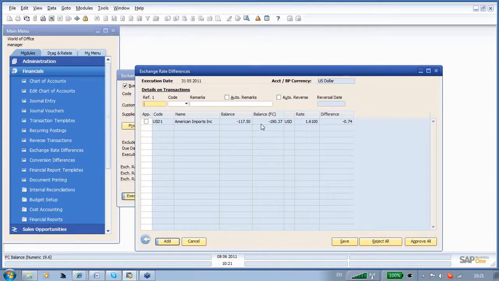foreign currency was $190.37, and the balance in sterling was 117.50, with an exchange rate of 1.61. That gave me a difference of 0.74. Okay, so what I can do now is I can accept or reject that journal posting, and